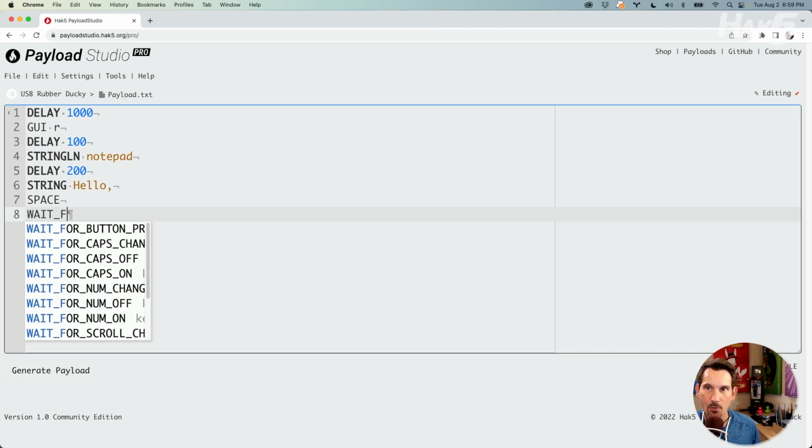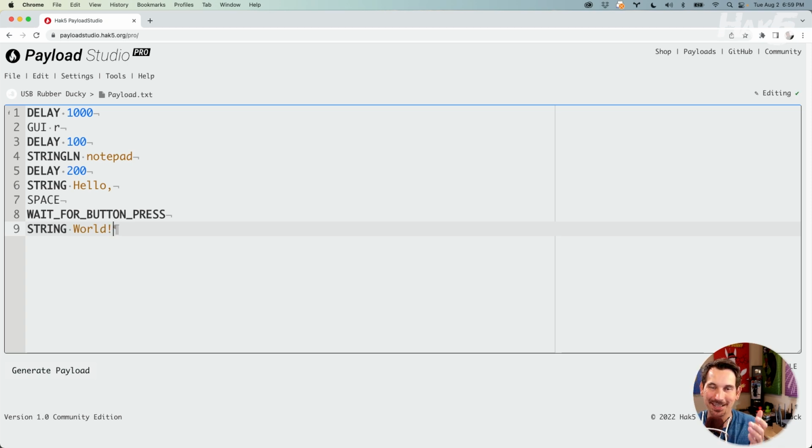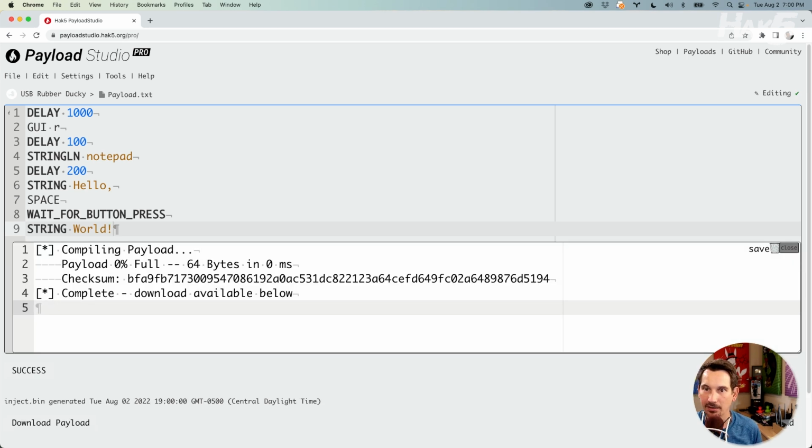Wait for button press. Then string world. What do you think that's going to do? And this is one of the fun things about DuckyScript, it's so intuitive. I mean, what do you think wait for button press is going to do here in this payload? Well, let's go ahead and generate it, and then you can nod and smile and realize that yes, you were